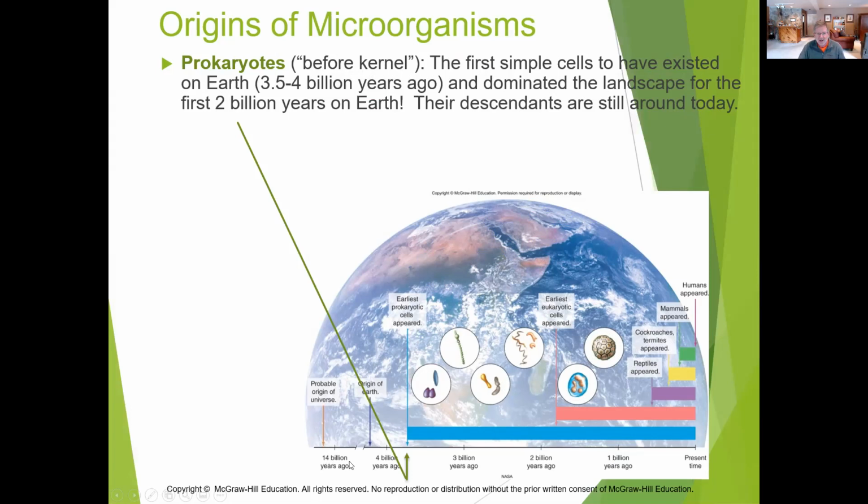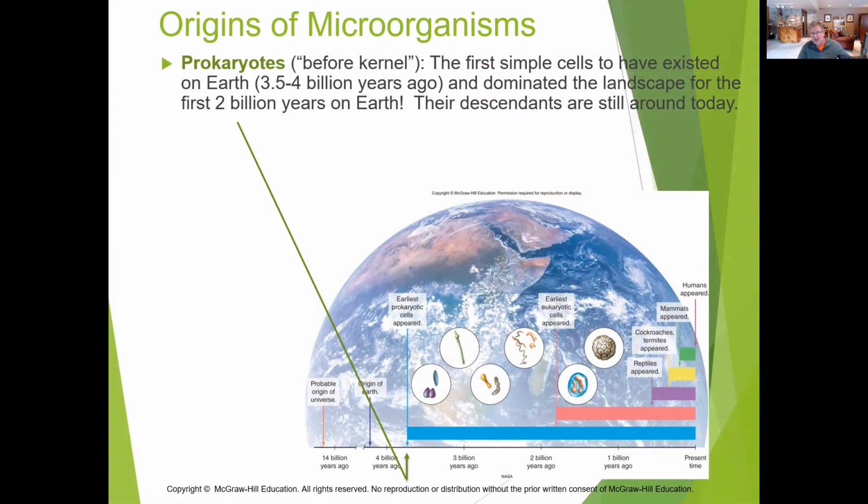Okay, so here is the origin of the Earth as best we can determine, some 4.75 to 5 billion years ago, with the Big Bang taking place some 14 or 15 plus billion years ago. And here we see the formation or evolution of the earliest prokaryotes, again, somewhere between 3.5 to 4 billion years ago. And we'll talk about some possible hypotheses as to how scientists think these first early prokaryotes came to form, or